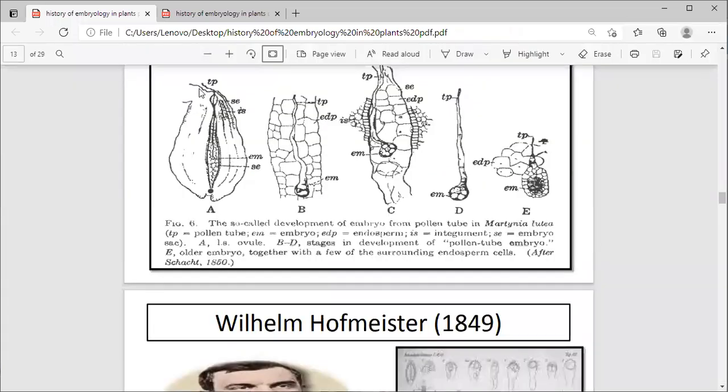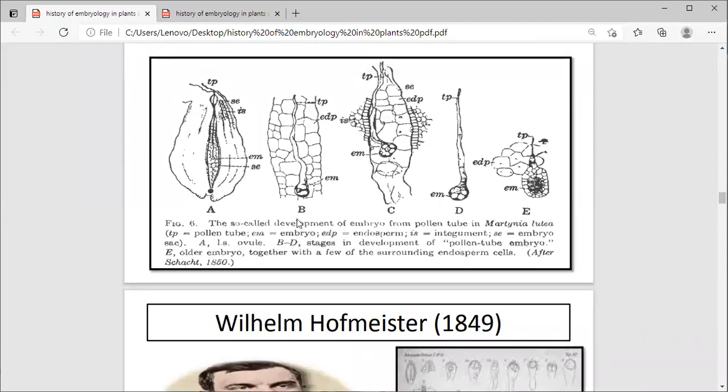So we can see the structure of the stigma, style, and ovary. If you see here B, okay, B to D stages. A is the ovule structure. So this is the opening here. This is the embryo here. This is the integument here. So this is the earlier stage. It's not clear. Okay, if we see B to D, this one A B C D, these are the stages of development of the pollen tube.